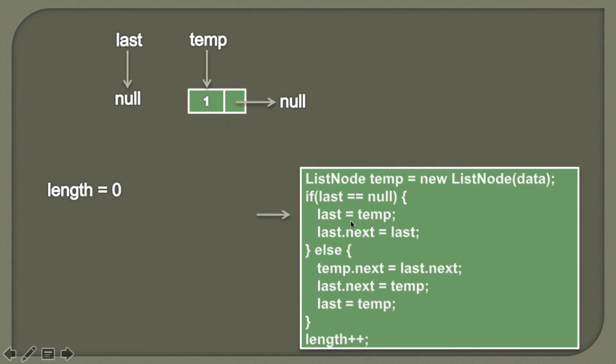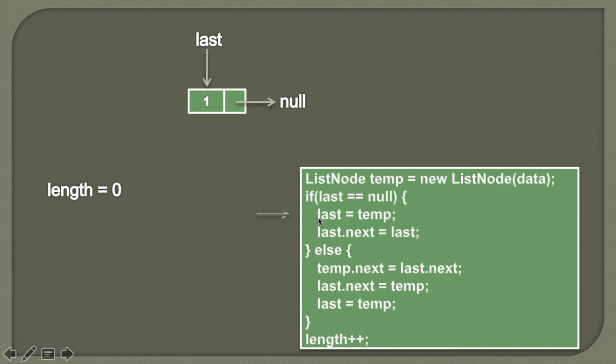So here the first step we do is we simply assign the value of temp to last. Now as the circular singly linked list is empty, there are no nodes. And as we want to insert this temporary node at the end of the circular singly linked list, when we insert this temporary node into the empty list, we know that after its insertion, this would be the only node in the circular singly linked list. Therefore, last should point to this node. So in the first step, we are simply assigning the value of temp to last. So it would look something like this.